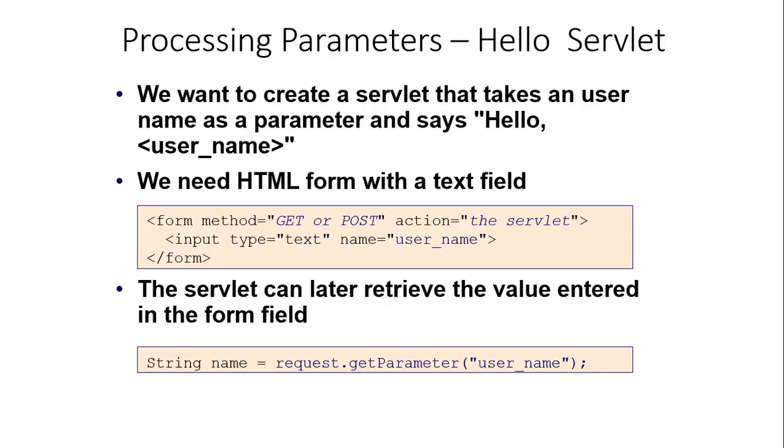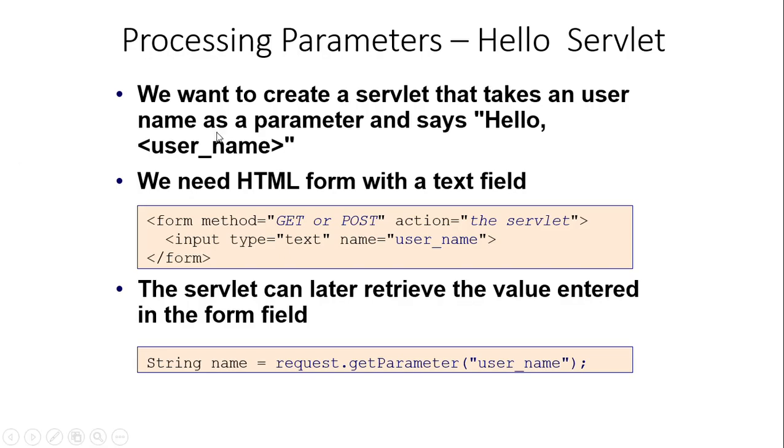Now, Java servlet examples. Please look at this. Processing parameters: how the parameters are going to be processed in a Java servlet. We want to create a servlet that takes a username as a parameter and says hello. Whatever the username is, it will respond with a hello. Sometimes you visit various websites and in the corner there is a pop-up message asking whether you are a newcomer or a new joinee, and some automatic messages are reflected there. It may be done with the help of servlets also.